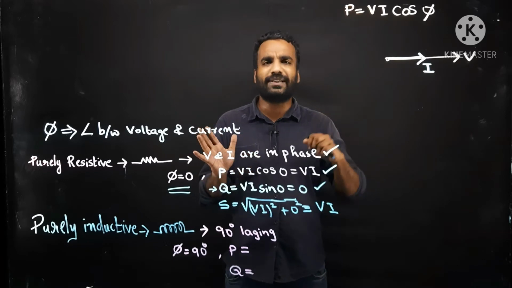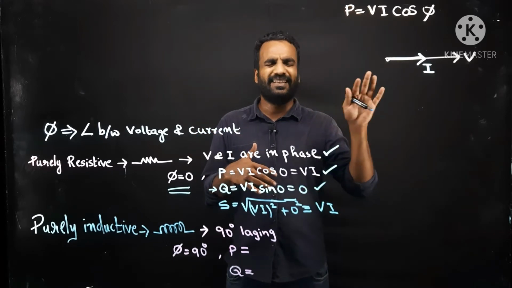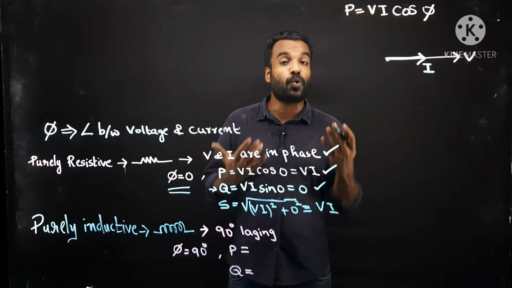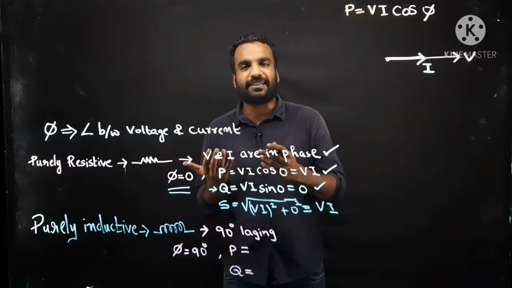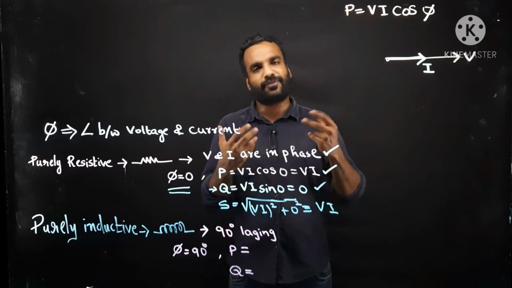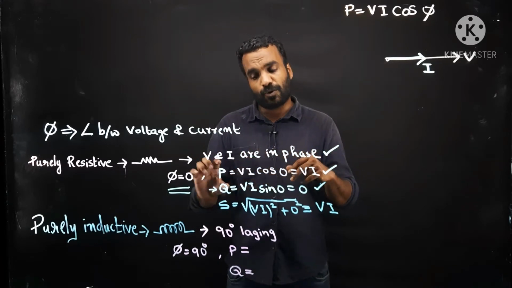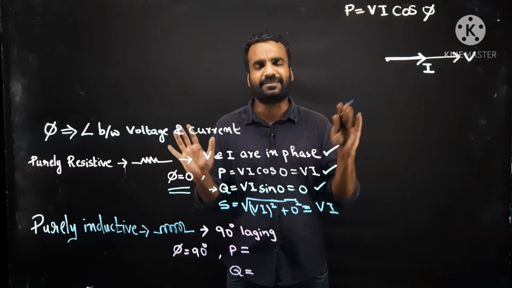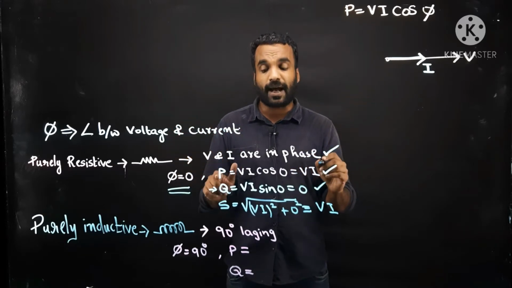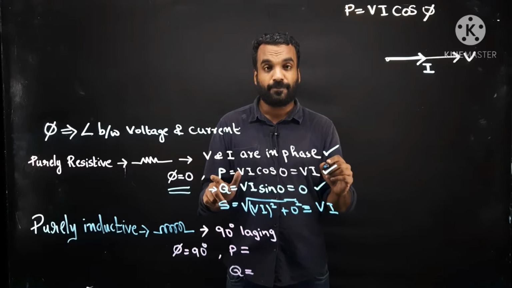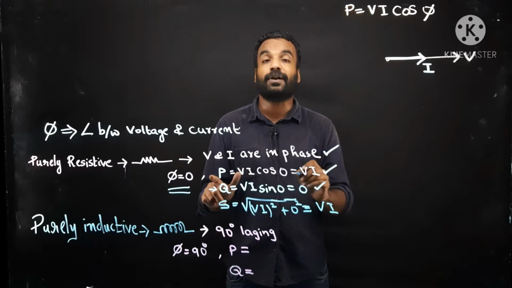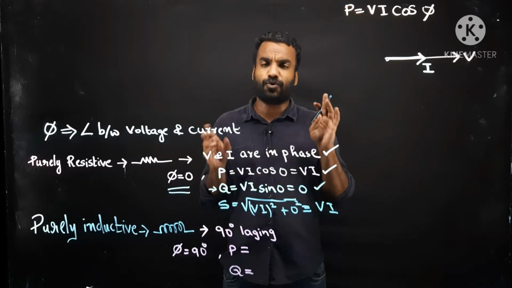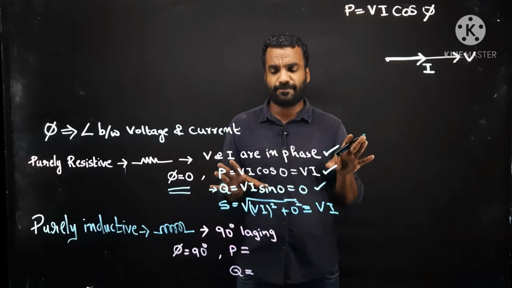Resistance is always just dissipating energy as heat, light, somewhat. But inductance and capacitance will be storing energy. Electrical energy is stored as magnetic energy. That's why flux comes. So, if it is purely resistance, no storing is there, complete dissipation. So, you will get high active power. Entire voltage into current will be converted as active power, but reactive power will be 0. No storing of energy happens.